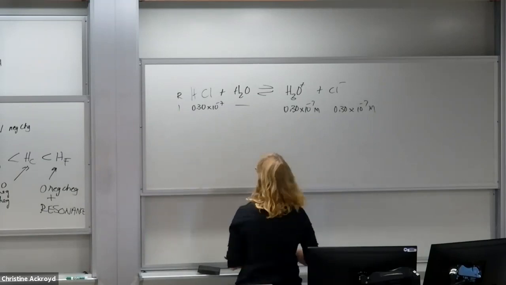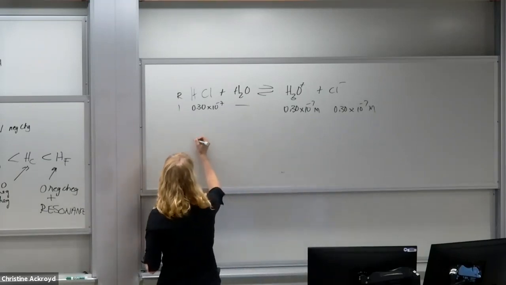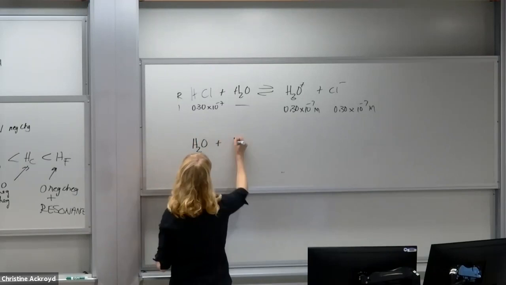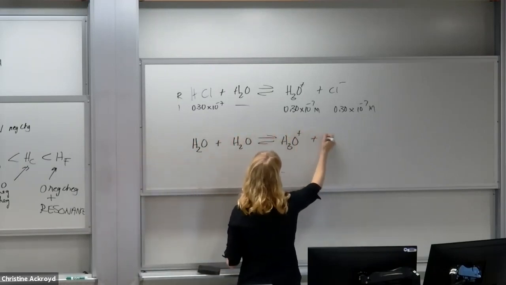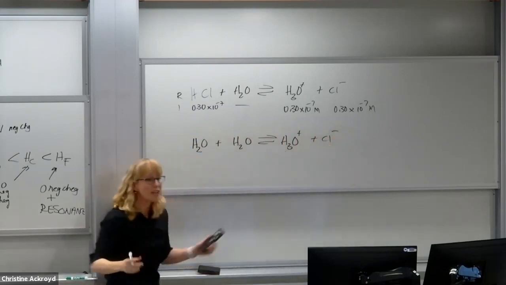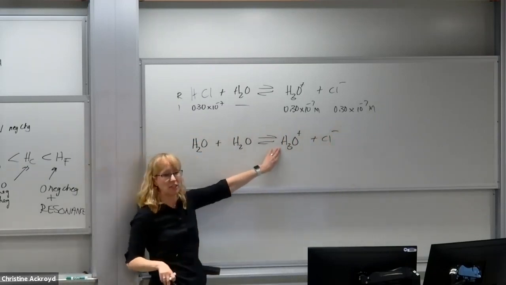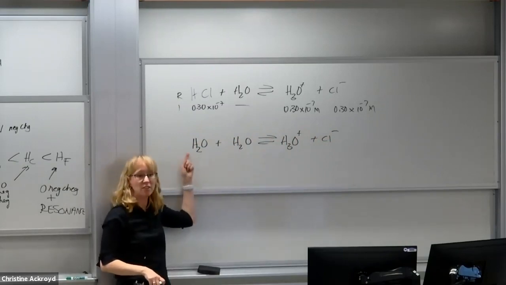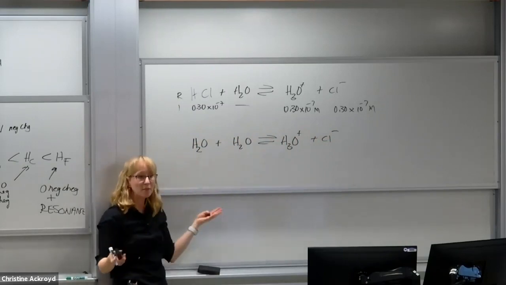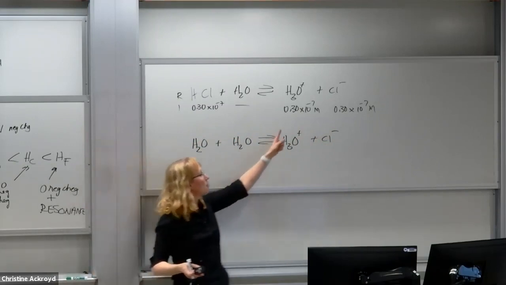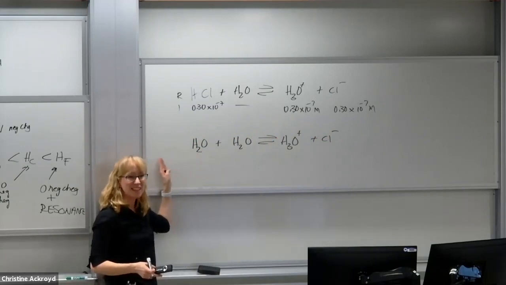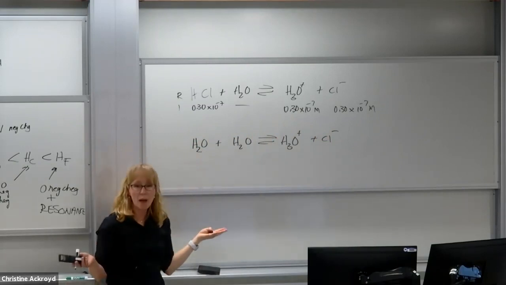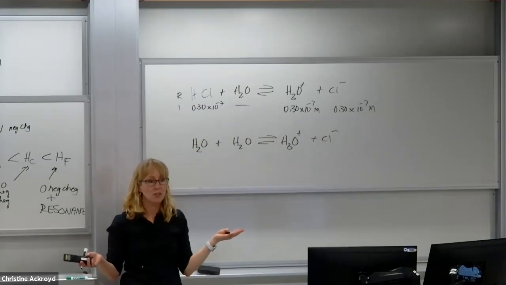Here's the problem. So we can't ignore what water is doing. Before we added the acid, we know what this concentration is for hydronium that water is adding, right? How much is it? 1 times 10 to the minus 7th molar. But we just added a little bit of acid. So what happens to this equilibrium? It shifts. So do we know how much total hydronium we have? We don't even know how much we have.